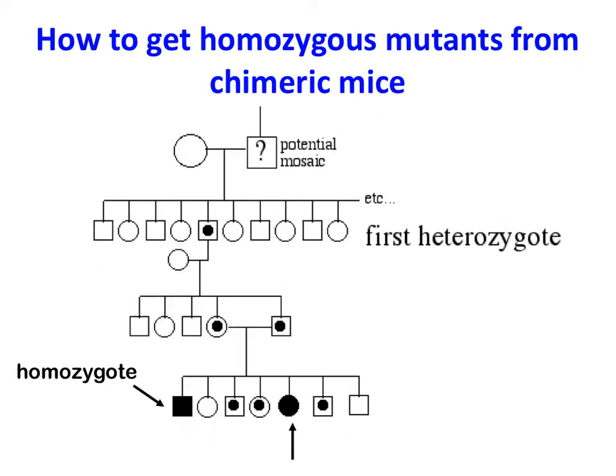Let's talk about how to get homozygous mutant mice from a chimeric first individual. So all of our mouse pups that were produced from our transgenic event are going to be chimeric or mosaic. That is, some of their body will be black and some of it will be white, and different animals will have different patterns. Now, I don't really want to cross together two of these mosaic animals because they have potentially